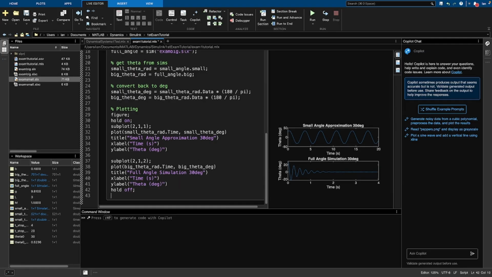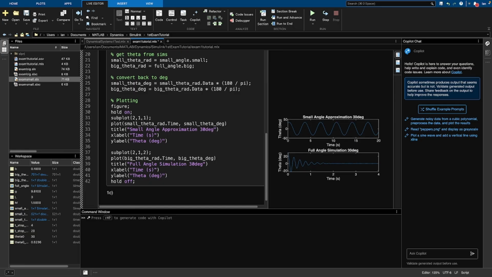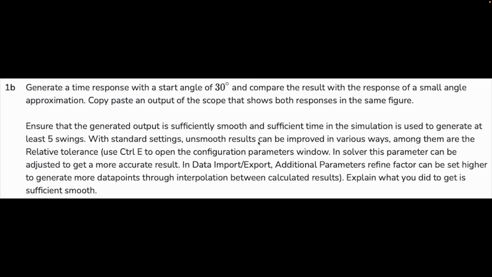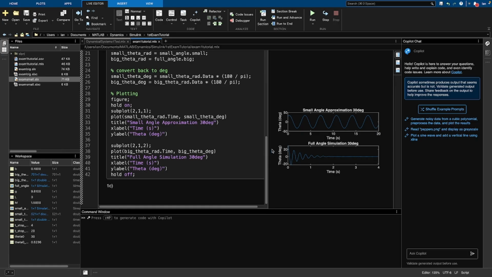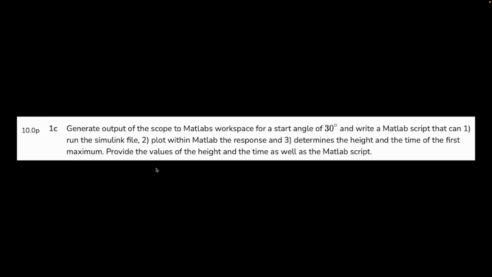So that's it for question B. So yeah, that's question B. We know it's smooth enough because we already have changed the refine, and obviously we adjusted the thing, so this already has more than 5 swings, so we don't need to adjust that. But this one was way too long with 20 seconds, so we actually reduced it. So yeah. 1C, generate output of the scope to Matlab's workspace for a start angle of 30 degrees and write